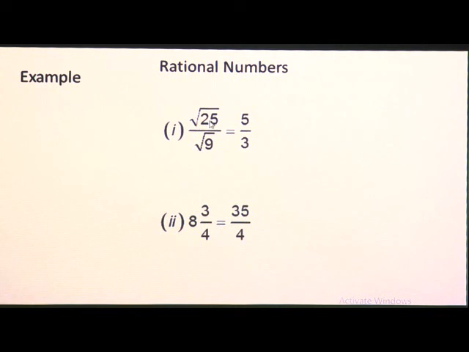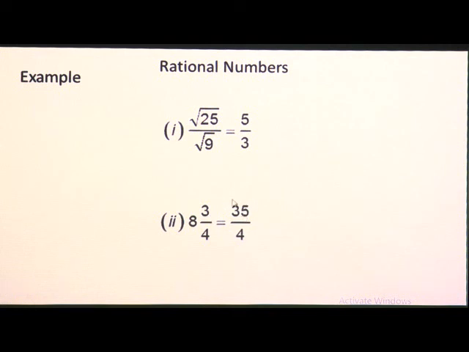So, root 25 is 5, root 9 is 3, but root 19 is not a perfect square, so it is known as an irrational number. Now, we will see another example, which is given as 8 whole 3/4. 8 whole 3/4 is nothing but 35/4. You know how to get it, again I will explain. If it is a mixed fraction, you have to convert it into an improper fraction. We multiply 8 by 4, that is 4 times 8 is 32, 32 plus 3 is 35,